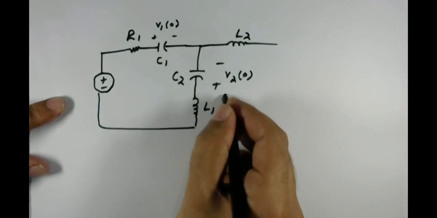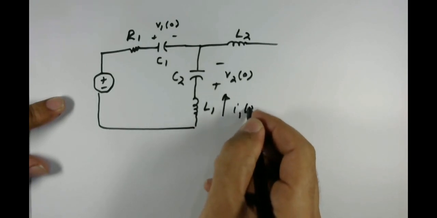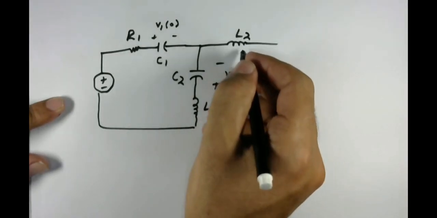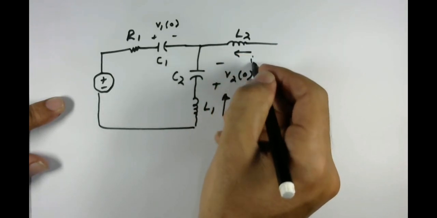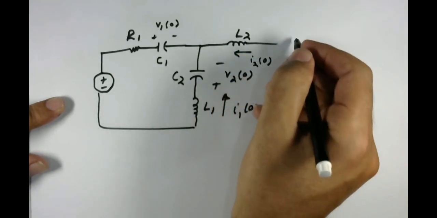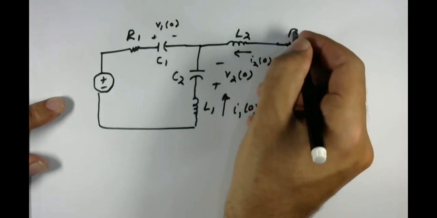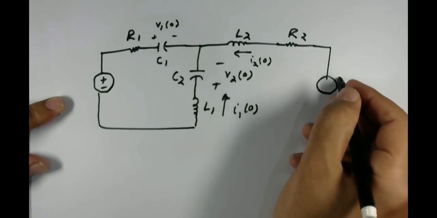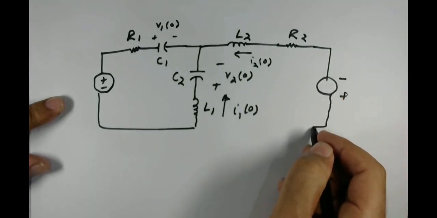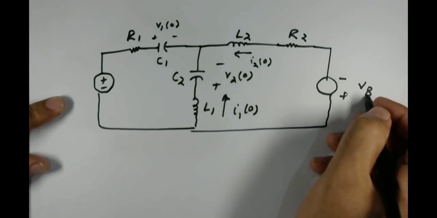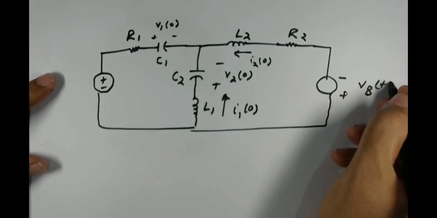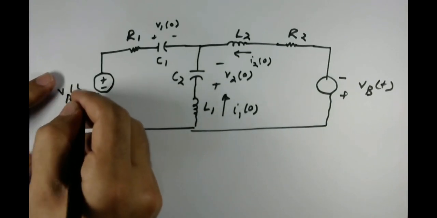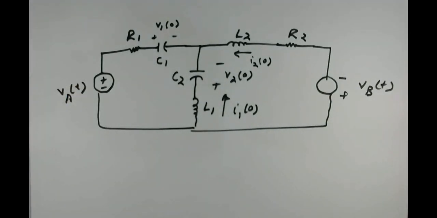and here as well, this is I1 of 0, and here the current I2 of 0. Here you have a resistor R2, and you have another source, say this is minus plus VB, VB of t, and this is VA of t. That's it. You are given this circuit, and what you need to do is to apply a